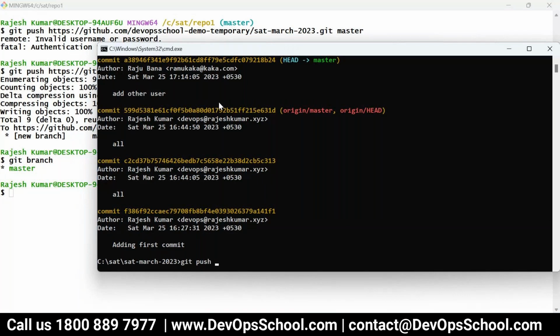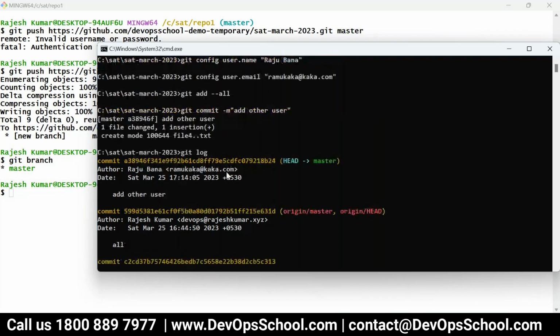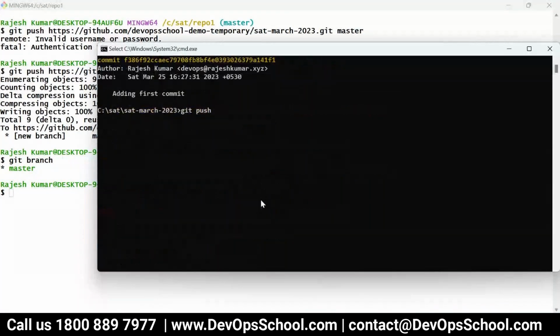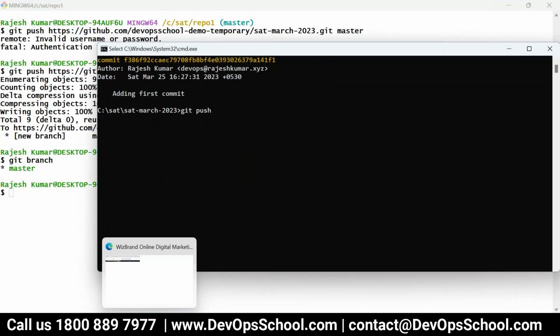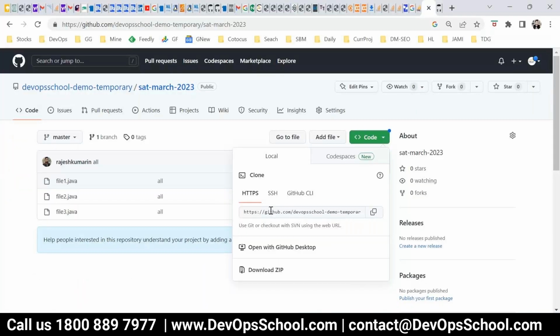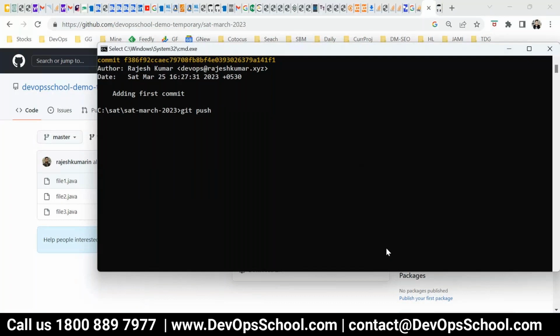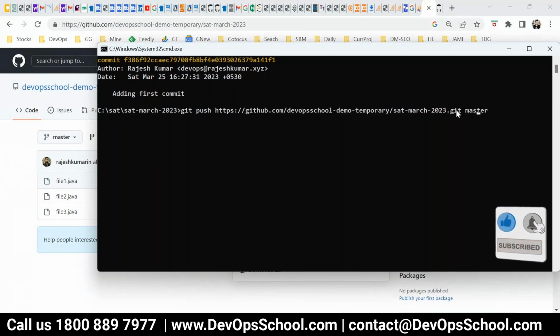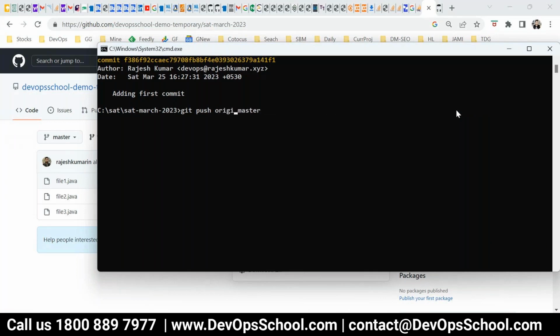So what happened when you clone it? Here I cloned it. When you clone it, this long name is shortened to one alias which you call origin. So you can write it this way also, push URL and master. You're pushing right now as the other user, I can push it, but when you clone it, this becomes an alias, and the name of the alias is called origin. I repeat, it's an alias for that particular long name because you can't remember that.